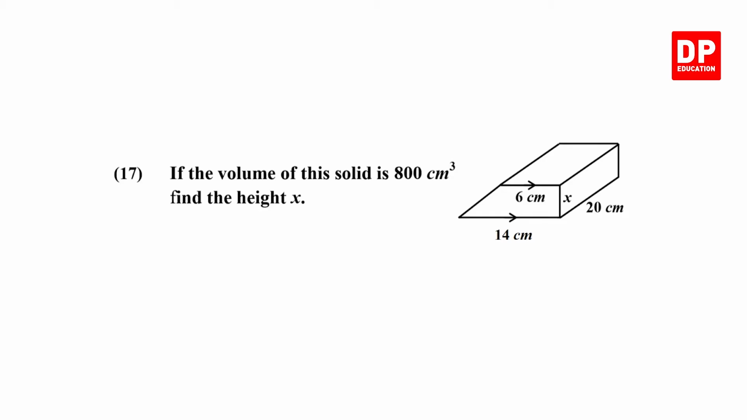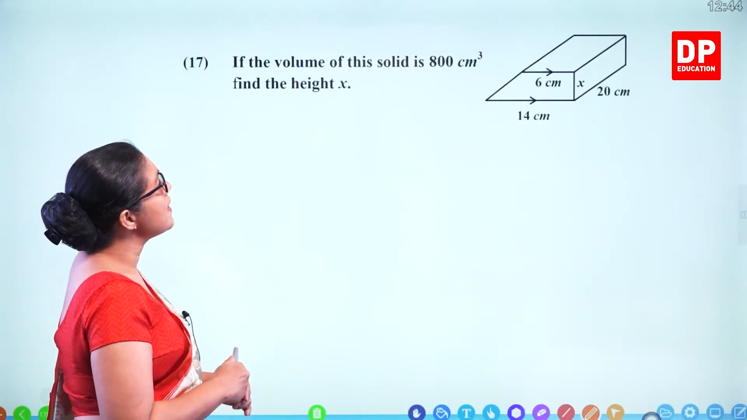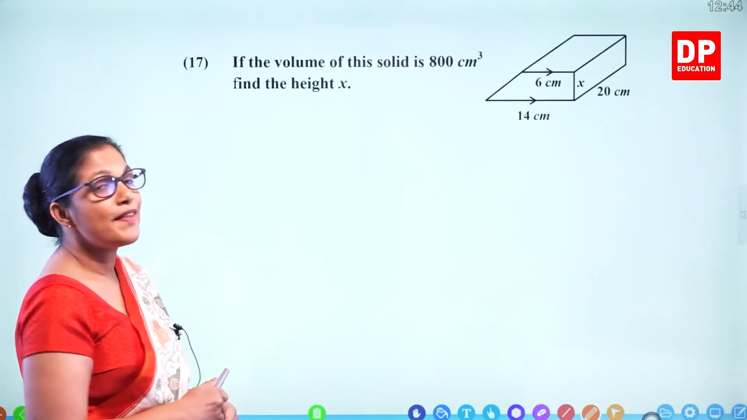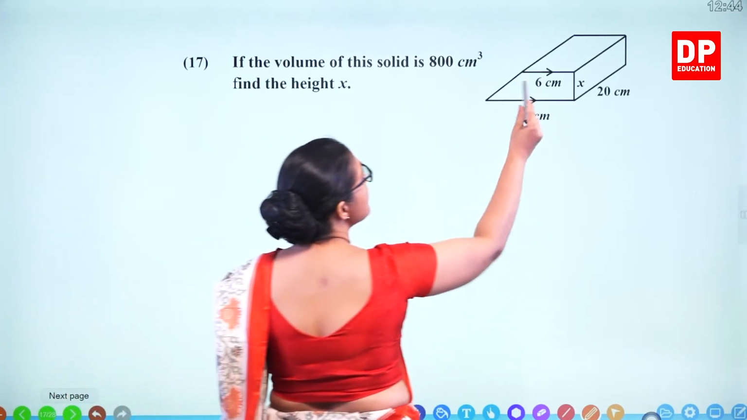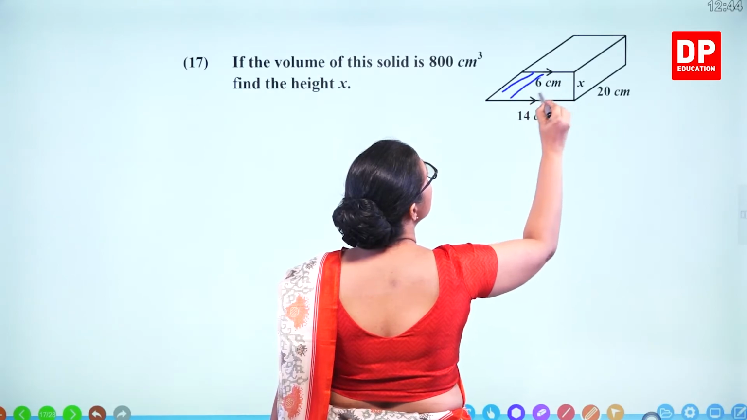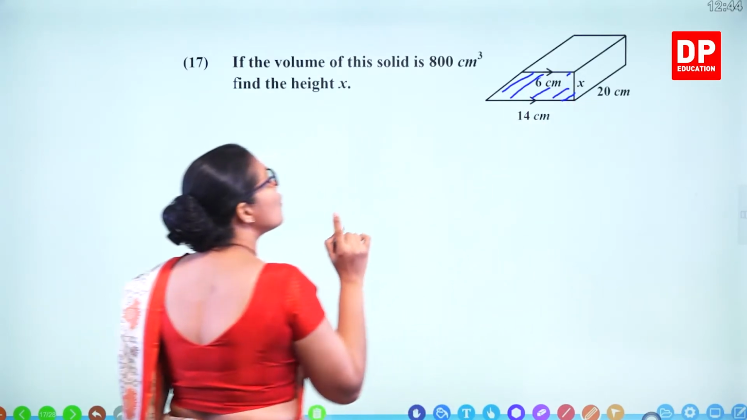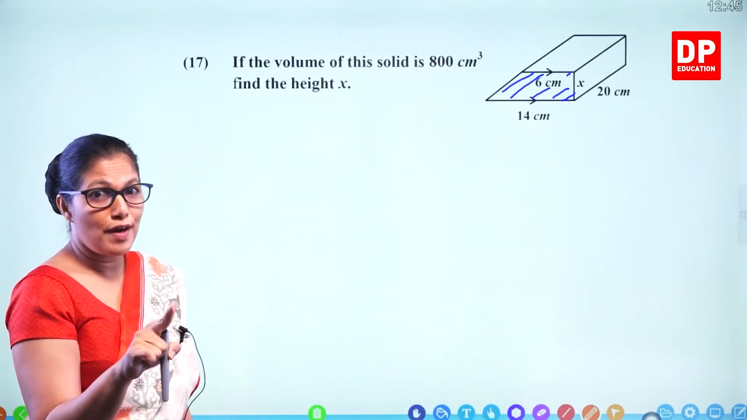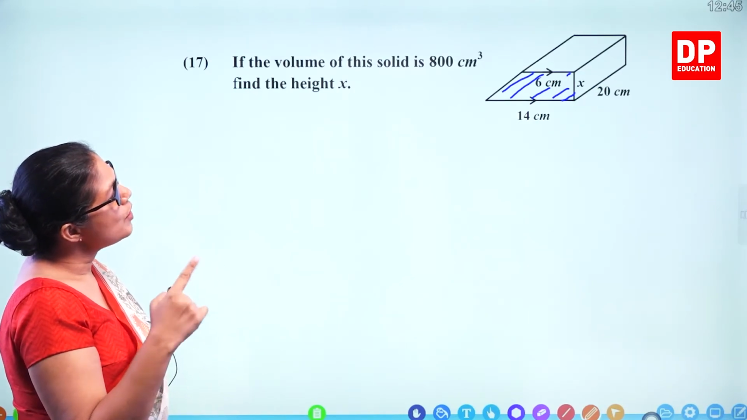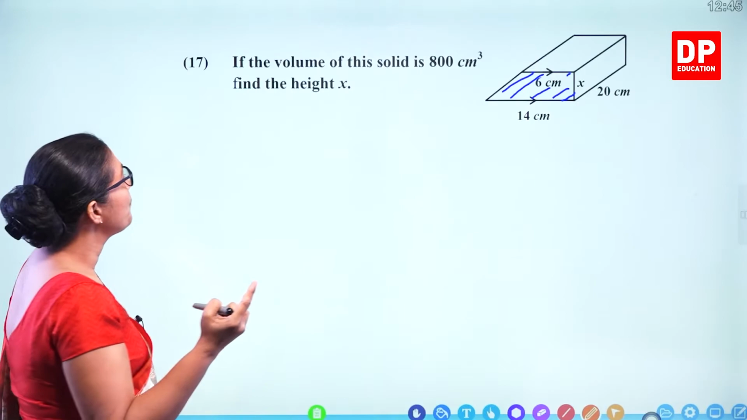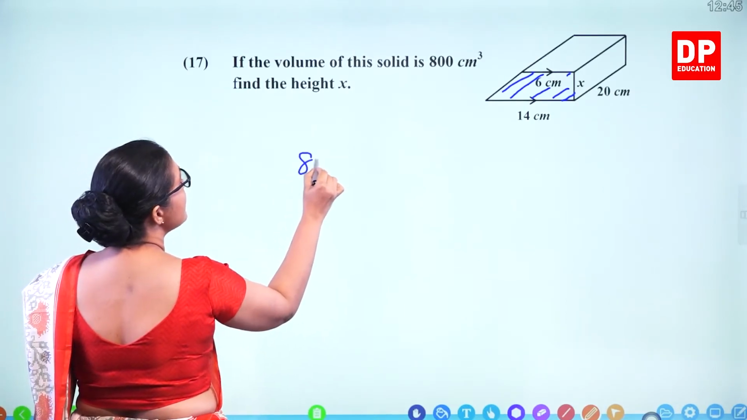Question number 17. If the volume of this solid is 800 cubic centimeters, find the length x. So this is a prism. Cross section is this, a trapezium. So first we need to find out the area of the trapezium and multiply it by 20 to get the volume. So volume 800 is equal to,